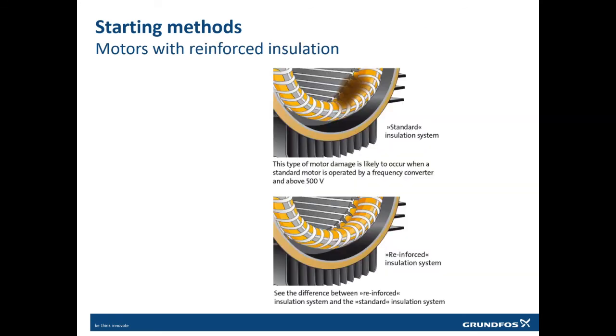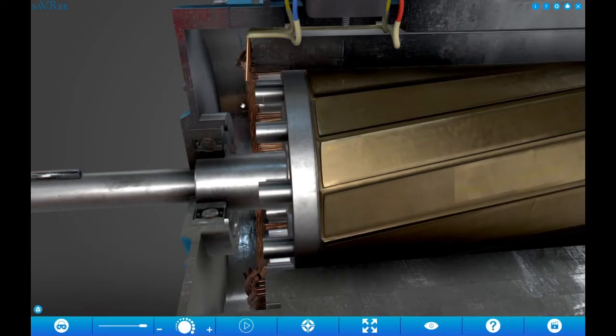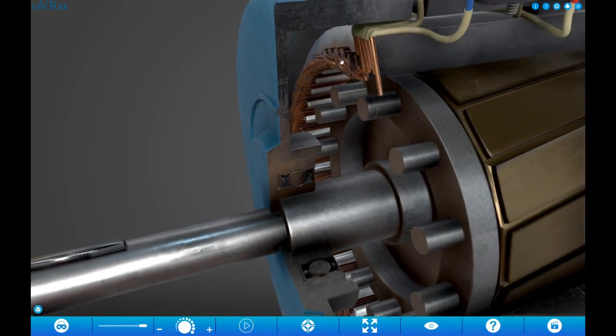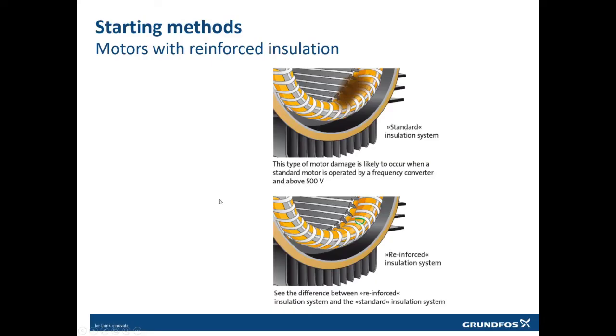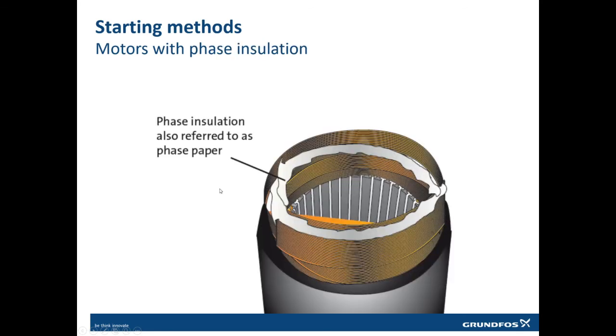Then there is something called reinforced insulation. You can also purchase a motor with more insulation. What is reinforced insulation? This winding which you see here will come with more material, more paper and more insulation material inside, just to make sure that you have a thicker layer on the winding. This is called reinforced insulation. This is also possible, but it is used in very big systems. This is how it looks